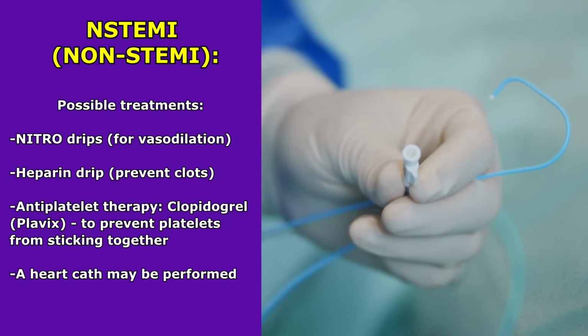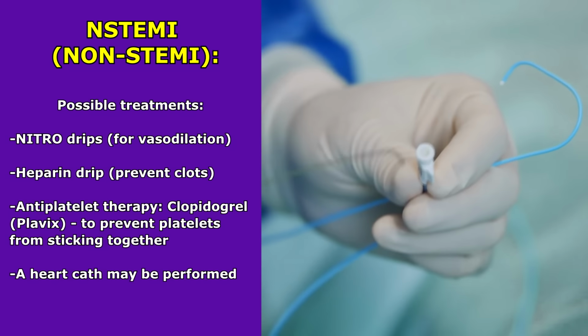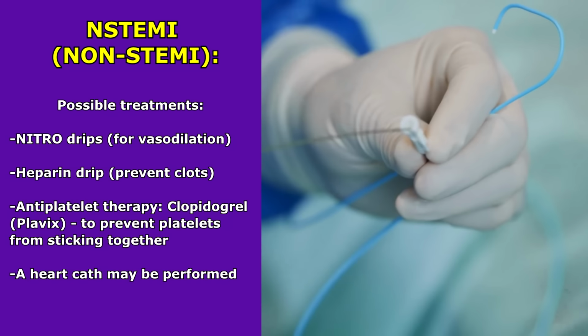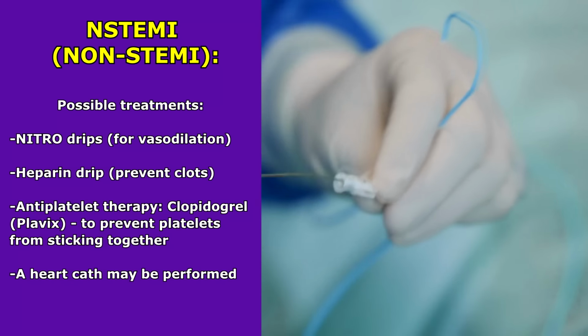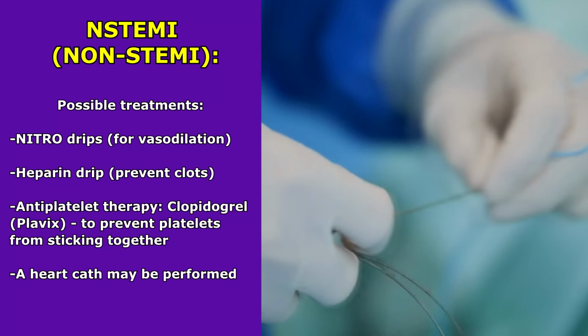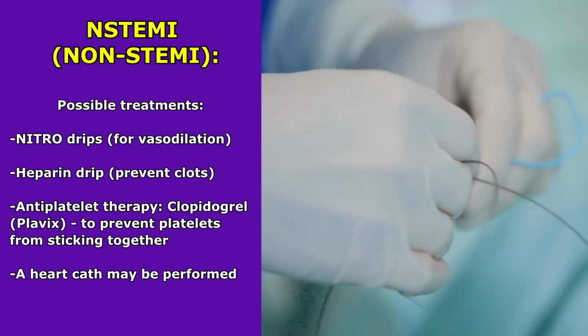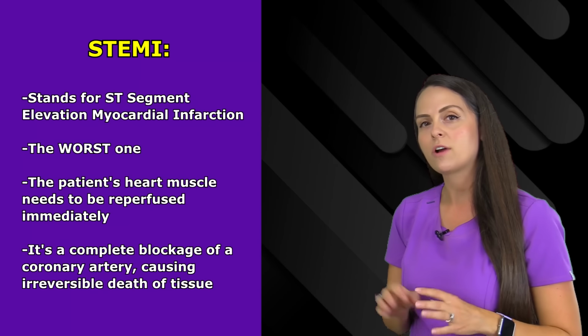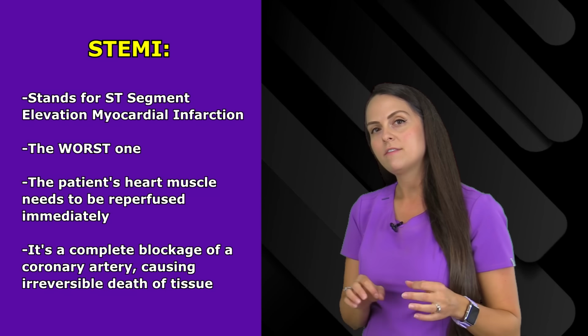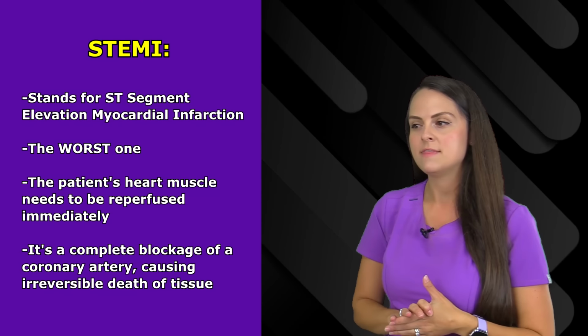Now, depending on the patient's condition and if signs and symptoms have stabilized, a heart cath can be performed, which will help assess the coronary arteries, see where the blockage is, how bad the blockage is, and then treatment options can be discussed. The next is a STEMI, which stands for ST segment elevation myocardial infarction, and this is the